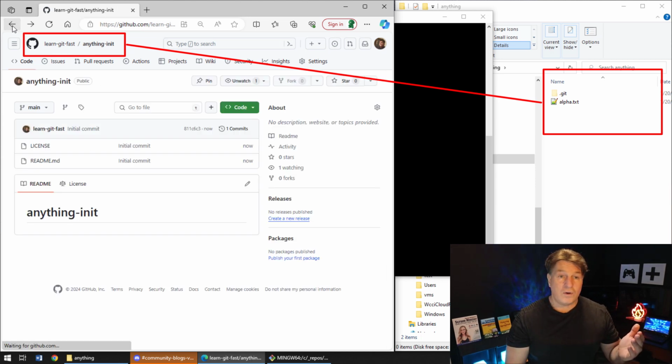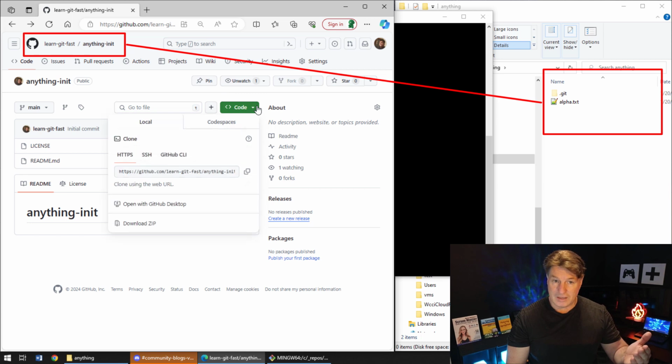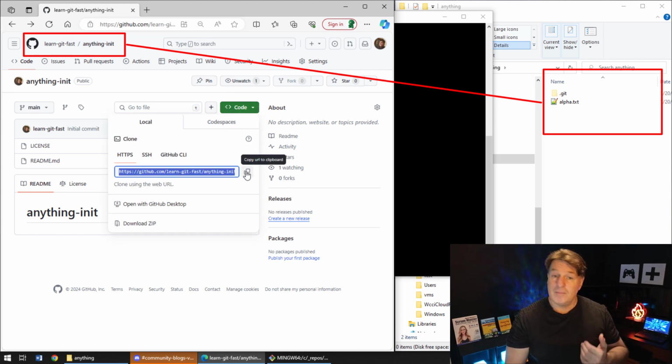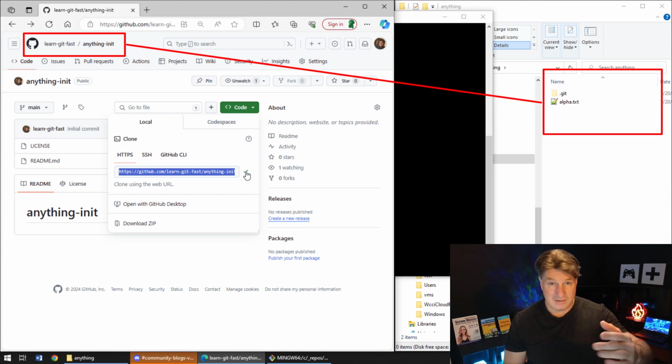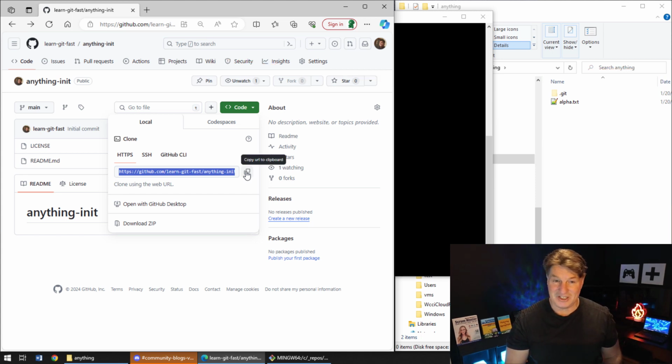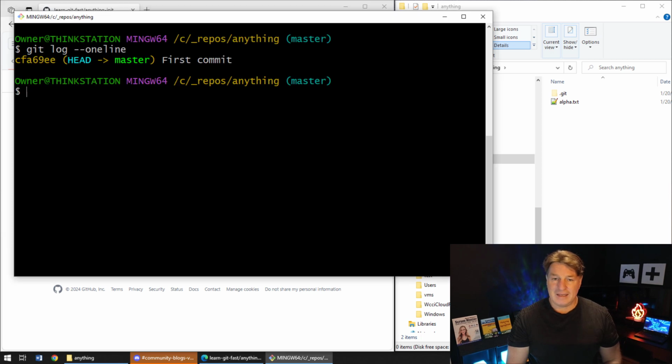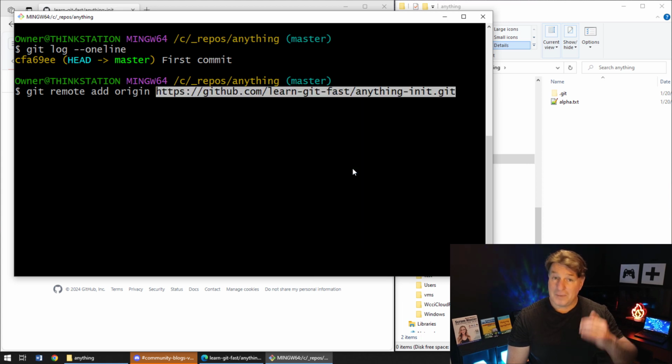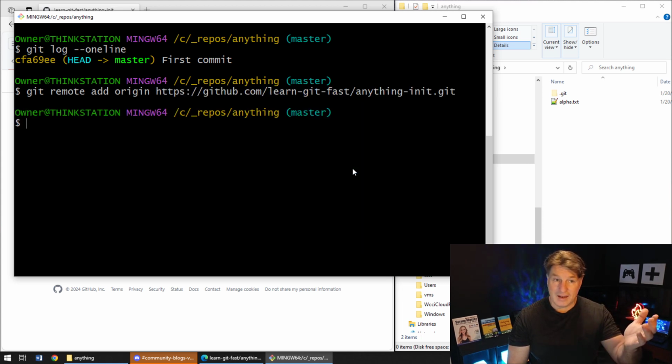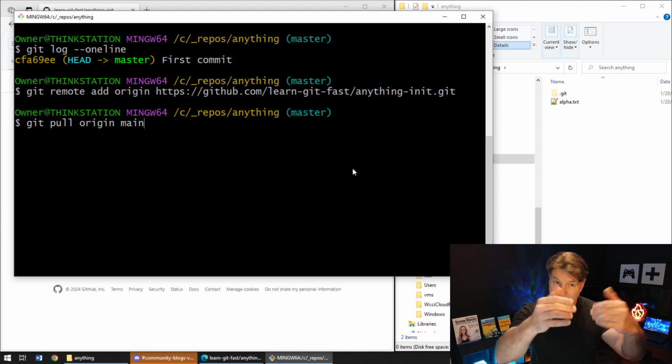Okay, so in order to connect to this remote repository, of course, we need the Git URL for this repository. There it is right there. By the way, my cheat method makes this a lot easier, which is why I want you to stick around and see the cheat method. But I'm going to copy that Git URL and then do the git remote add origin, paste in the URL, and now I'm going to do a git pull from origin,